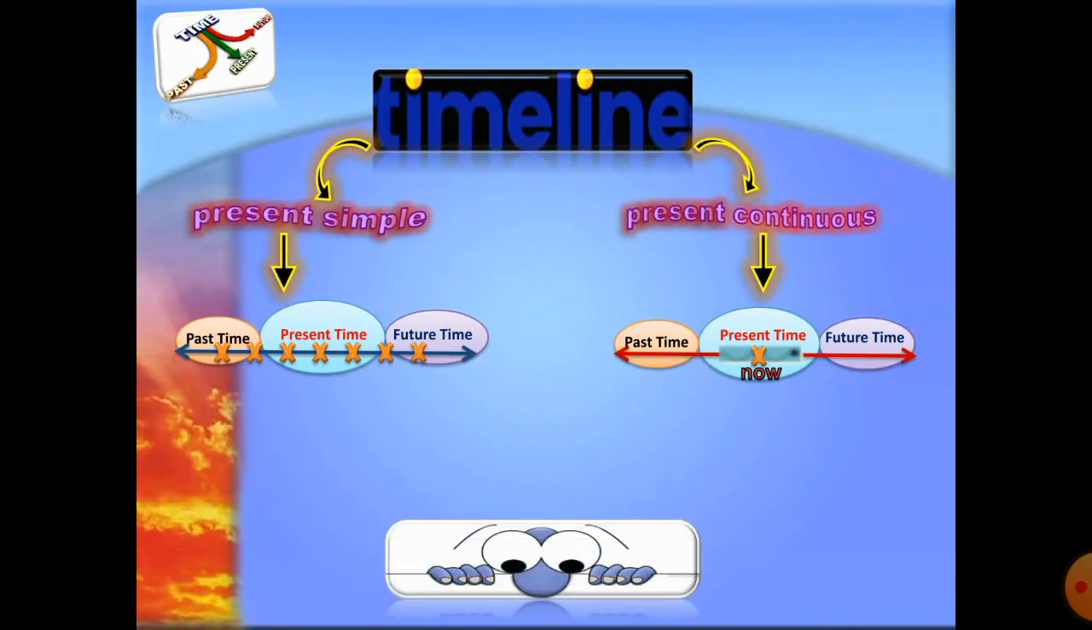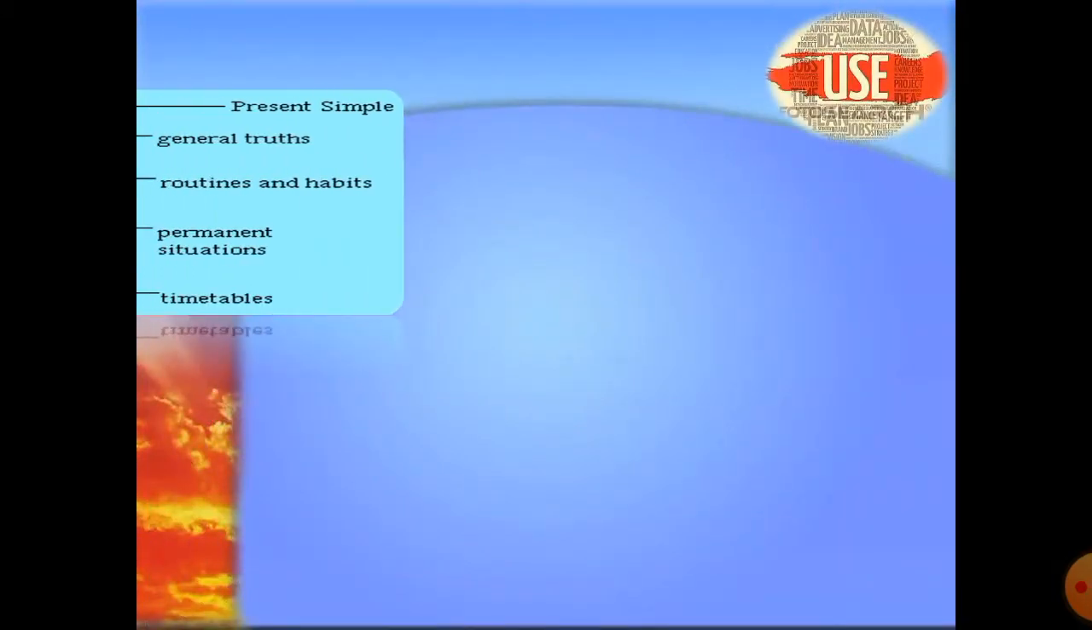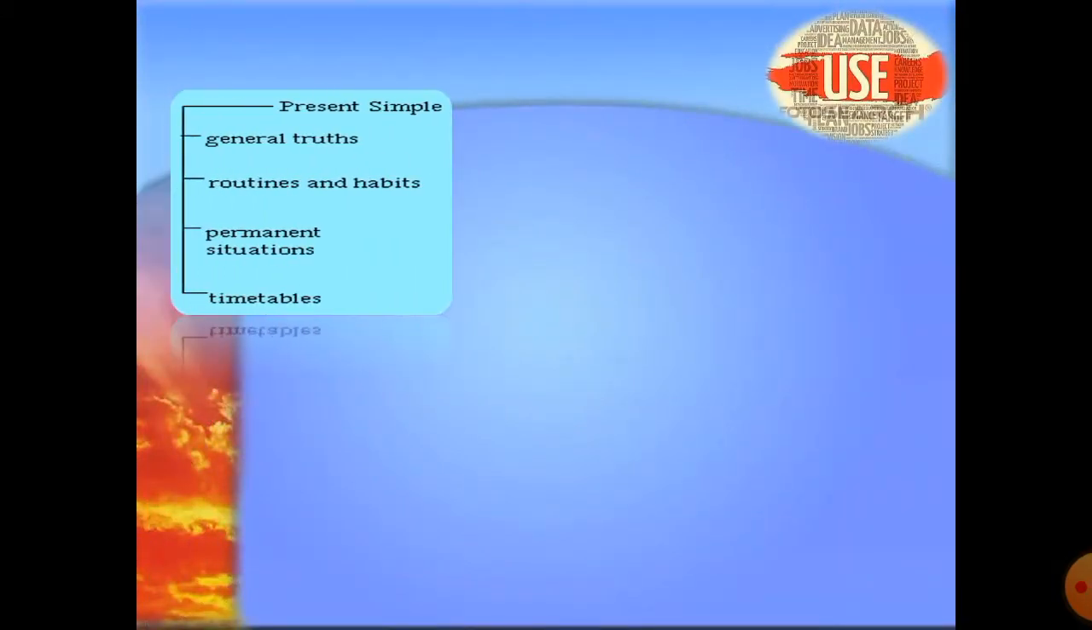Yeah, what's next? Yes, the use. The use of both tenses. Let's start with the present simple. We said that we use it for general truths, for routines and habits, and also for permanent situations and for timetable. For example,